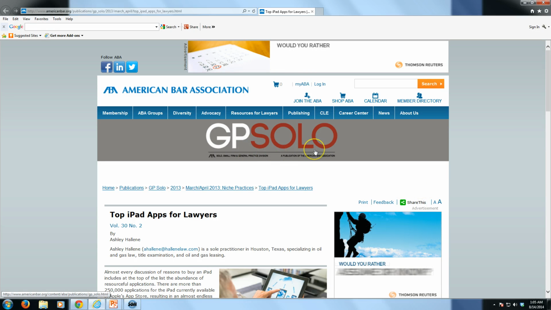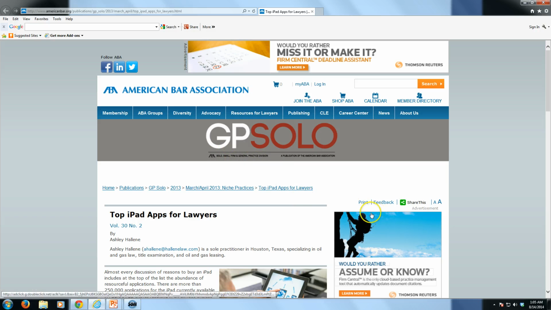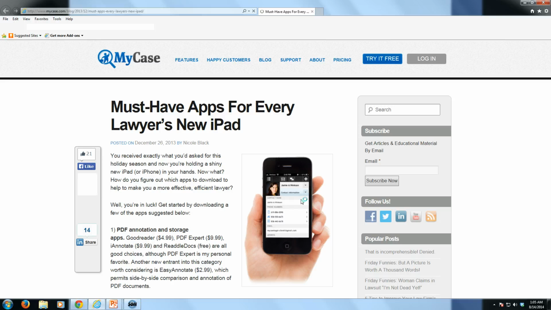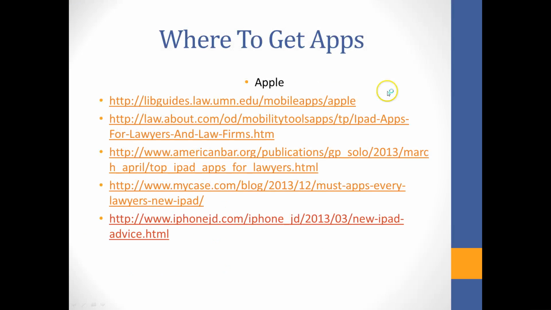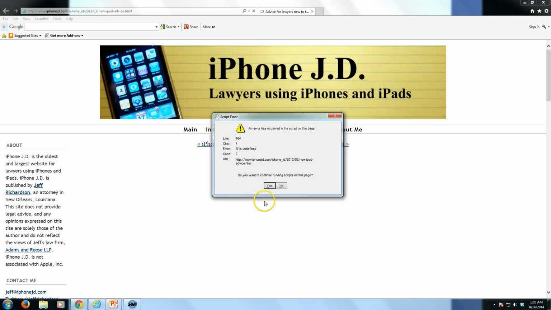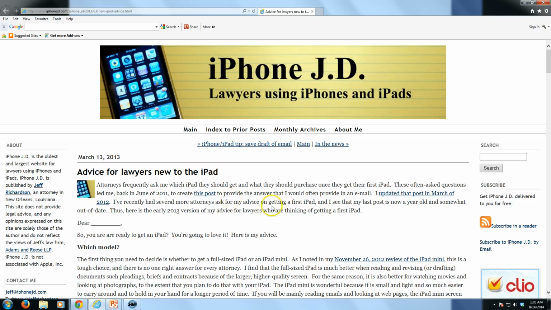This one's GP Solo magazine, which is the publication for the Solo Small Firm and General Practice Division, and they've put out a top iPad apps for lawyers article. MyCase.com has a list of must-have apps for every lawyer's new iPad. And the Droid Lawyer counterpart is iPhone JD. iPhone JD has been around for a very long time and is the equivalent of the Droid Lawyer,